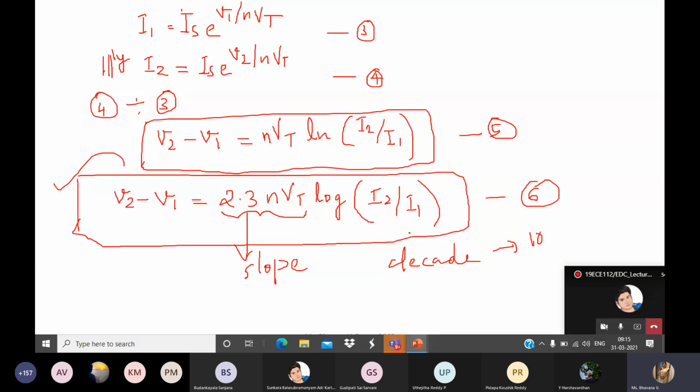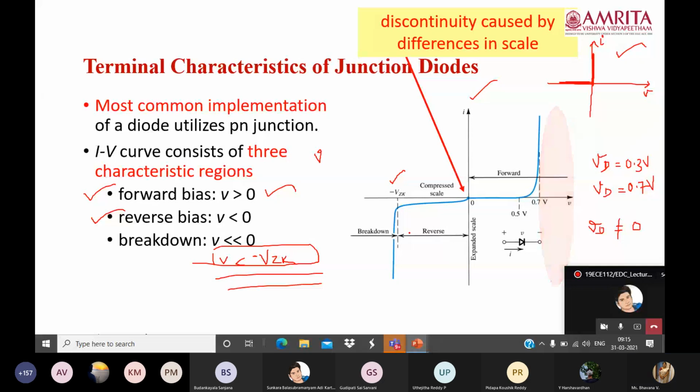Now to see what we understood from all these things, take a note. First point. In the IV characteristics in the forward bias region, what are the inferences or consequences of the IV relationship? At the first point, in the IV characteristics in the forward bias region, the current is small for smaller values of voltage V.